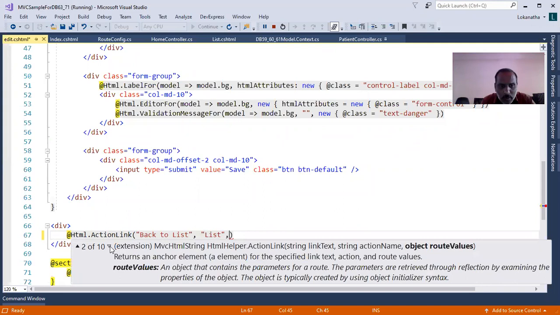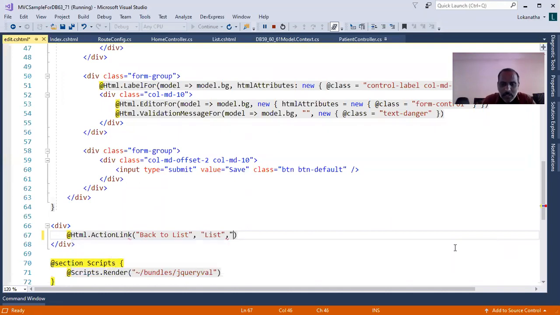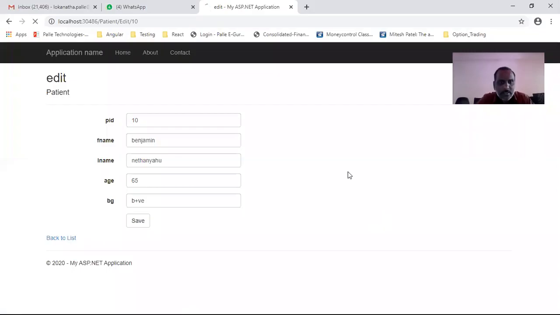See, there are two overloads for this ActionLink method. One of the overloads is expecting the controller name. I'll just pass the controller name. The controller name is patient. Now I'll save the file, go back and execute this code.